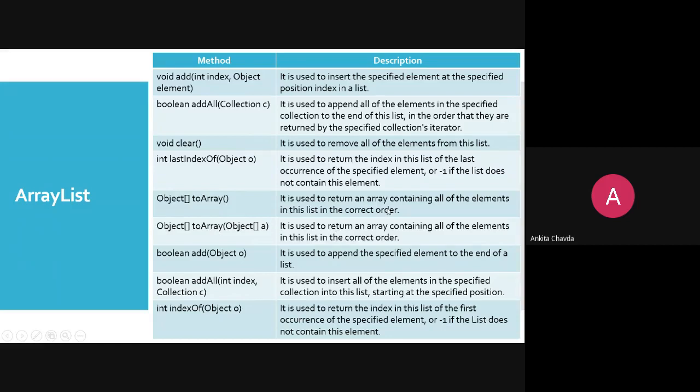It returns an array containing all the elements of the list in correct order.